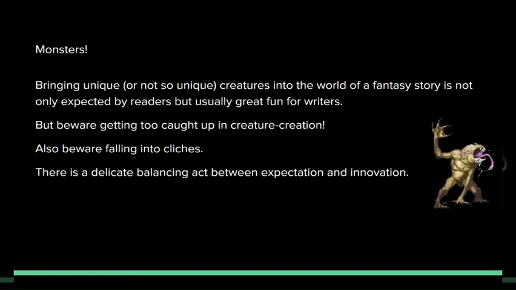Okay. And like I said, there is this delicate balancing act between what I call expectation and innovation. You're going to have readers that want things to be very much like they are used to, but also they want to see something at least slightly new. And this can be tricky, right? Finding that balance between what a reader expects a certain kind of creature to be like and what you do that's different. And like so many other things, this is often a matter of guess, test, and revise, right? Create the creatures, have readers take a look at them, and help you figure out how they might need to be adjusted. Okay, that's really it for this